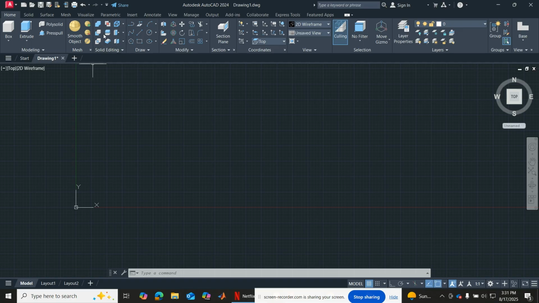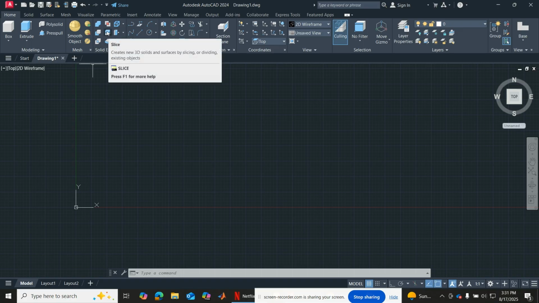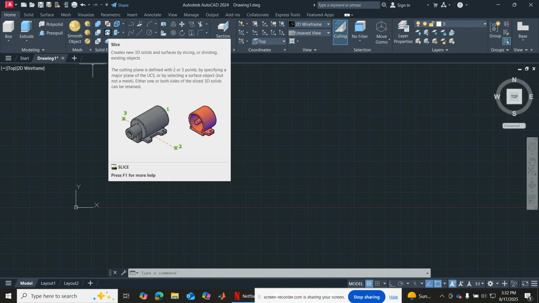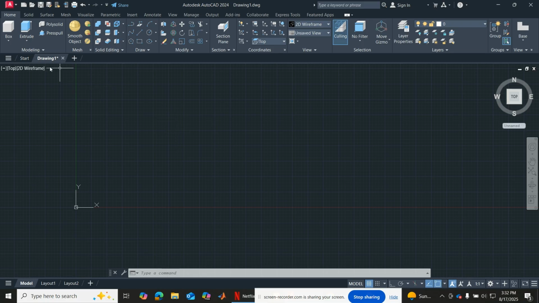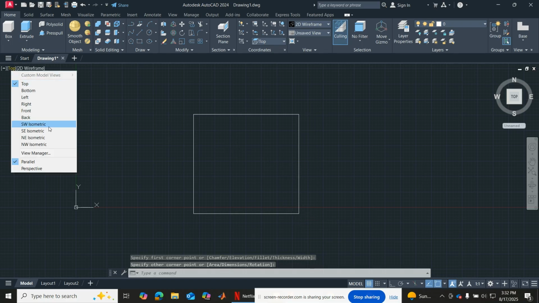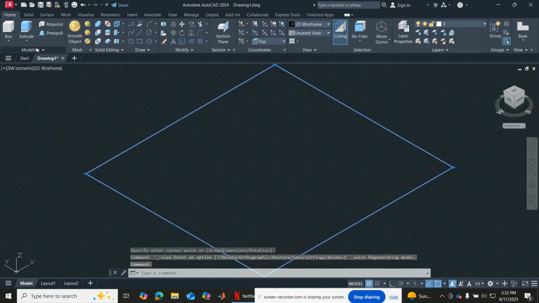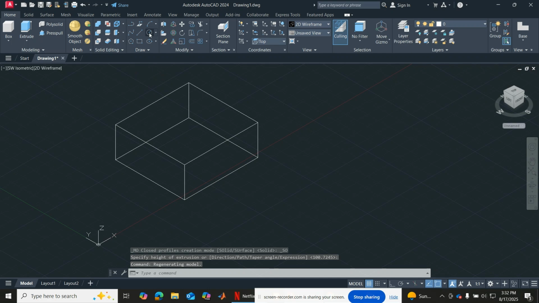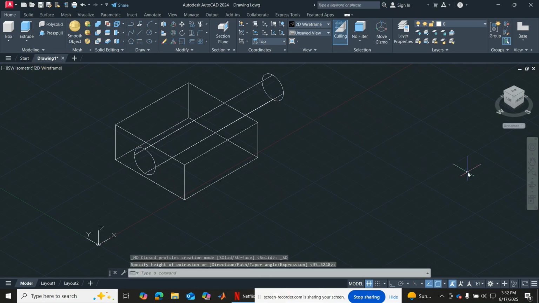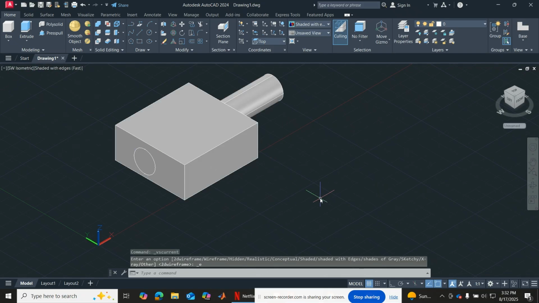So let's say we have, this is where we'll finish up the interfere, and then we will proceed next time. So let's say we have a square like this, right? Let's go to southwest isometric. Let's extrude this by this much, and then let's draw a circle, let's say here, and then click this, and extrude again this way, right? And let's say here shaded with edges, okay,